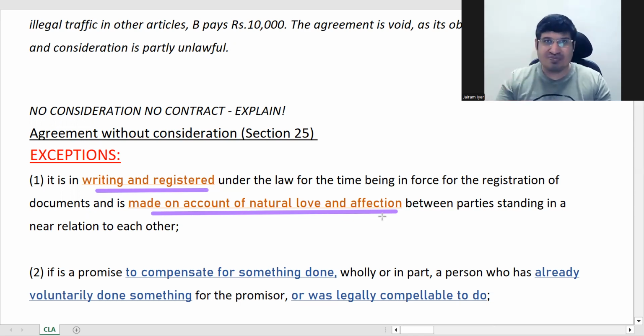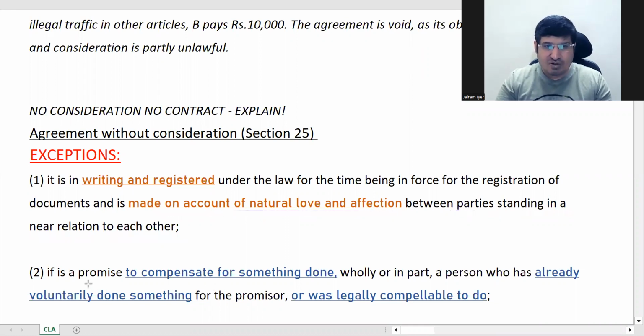It is enforceable, even though you have not given any consideration to your dad. Still, it is a contract. So this part is definitely for parties standing in near relation to one another. In this case, even if there is no consideration, it will be treated as a contract. Okay, and then next is,